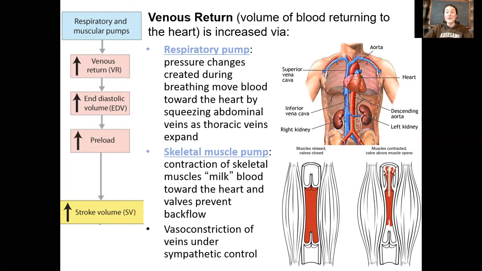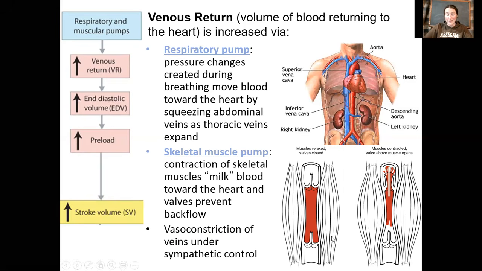In emergency situations, at least situations that your body deems to be emergencies, your body activates the sympathetic division of your autonomic nervous system, the "oh crap, I need to get away from a bear, save my life, I'm stressed out" system. The sympathetic nervous system can trigger vasoconstriction, so the smaller diameter of the veins, and therefore increasing pressure and pushing back up to the heart. So the sympathetic nervous system can also increase the venous return, and therefore the preload, and therefore the stroke